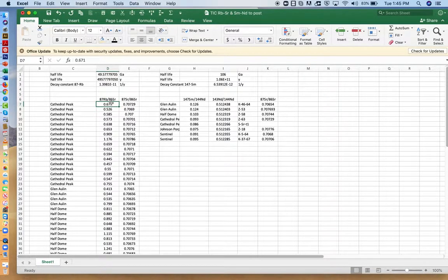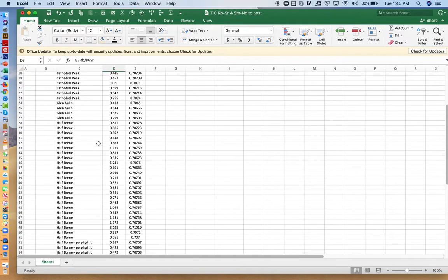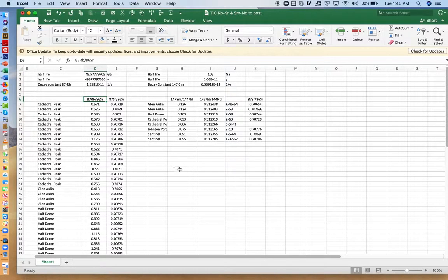So I want you to compare the age dates you get from the previous assignment to the ones we get by looking at measured 87/86. There are a number of units here. What I simply want you to do is create a table, and the table will have a unit name like Cathedral Peak, and then you can say calculated 87 rubidium, 86 strontium,